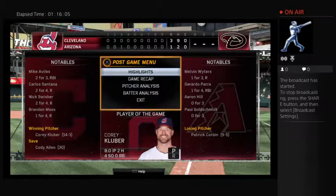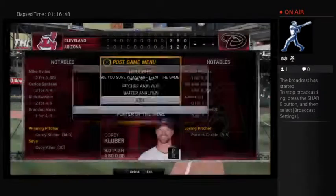Final line score for our ball game tonight for the victorious Cleveland Indians. 3 runs on 9 hits. No errors. They left 6 men on base. For the Diamondbacks, 1 run on 2 hits. No errors. They left 1 man on base. The winning pitcher is Corey Kluber. His record is now 14-3. Credit the save to Cody Allen, his 30th. The loss goes to Patrick Corbin. He falls to 9-5. Time of the ball game, 2 hours, 8